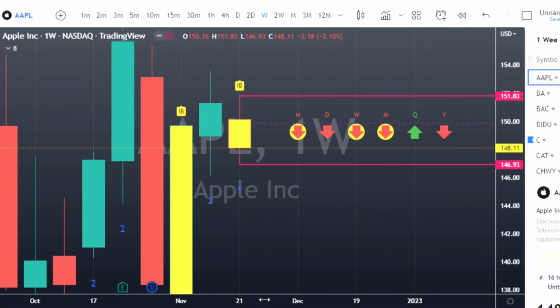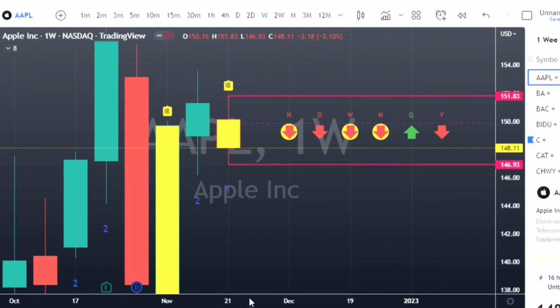And even if you're not using options and you're learning this stuff, I'll wait till I get to a smaller stock to explain it to you, but I'm going to go through how you can do it with common shares as well. But for the option plays, guys, we're going to look for calls on this one at 150.183. And then our first targets are just the tops of the preceding wicks. Or if we look for the puts at 146.93, the targets are the bottom of the preceding wick.